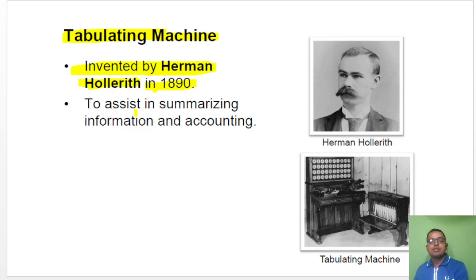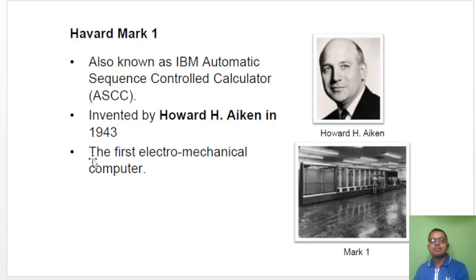Herman Hollerith, to assist in summarizing information and accounting. It was designed to assist with summarizing information and accounting purposes. It gives assistance to the calculator, the person who is doing the work of calculation and information collecting. Next,